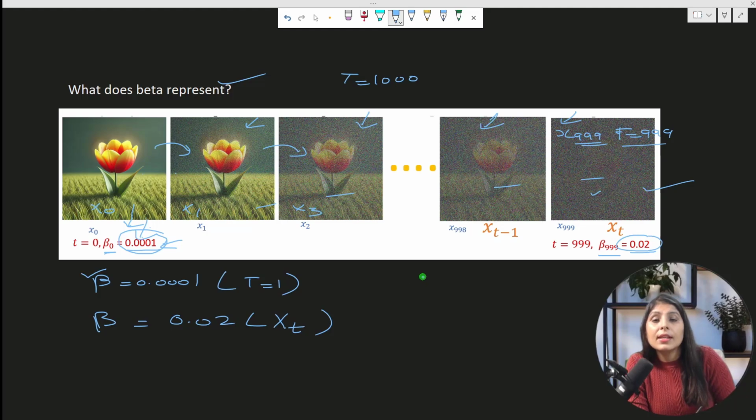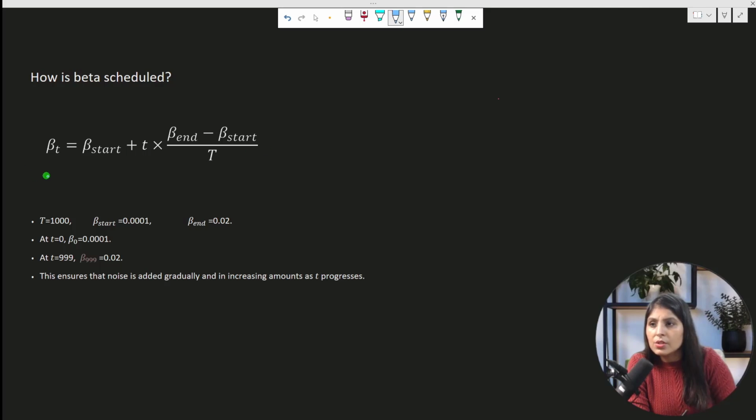And one more thing, guys, remember that we are not going to add the same amount of noise at each time step. Means in each and every next time step, the amount of noise, the value for beta will be different. This beta is linearly scheduled. How? Linearly scheduled means the value of beta increases linearly step by step, and the value of beta always lies between 0 to 1. From the initial time step the value of beta is this, and at each time step it is increasing linearly. How? Let's see that process. So using this you can get the value of beta for each time step.